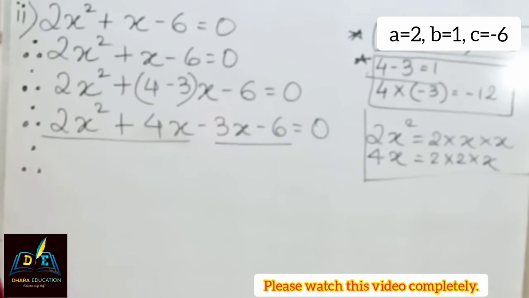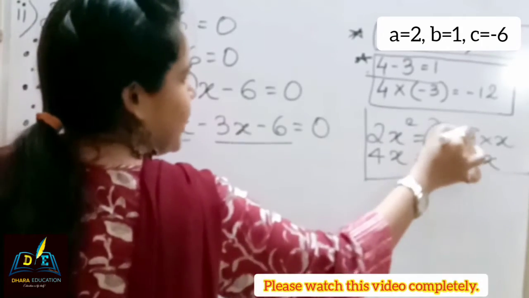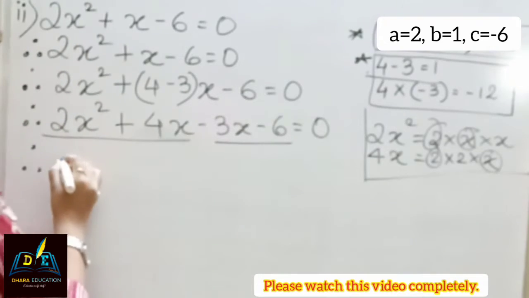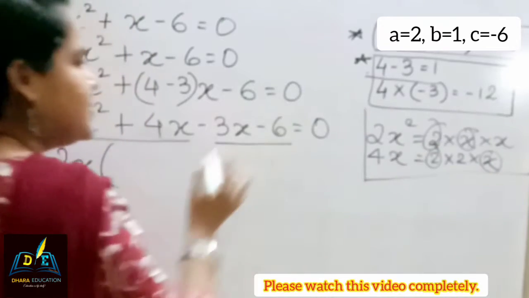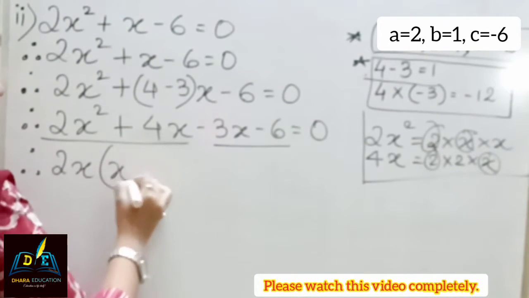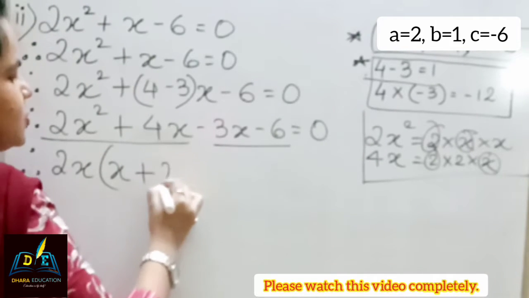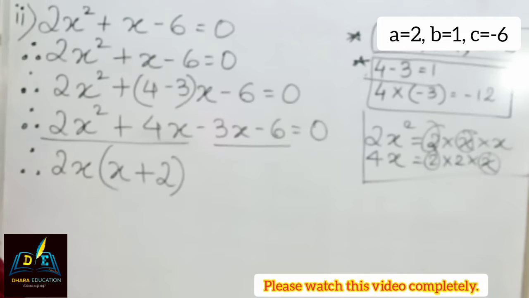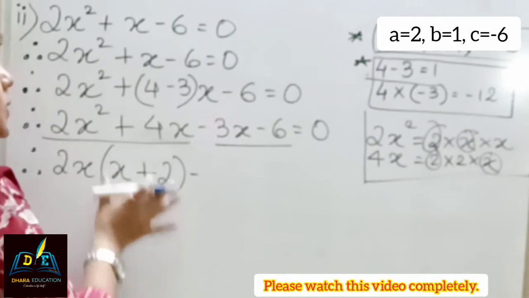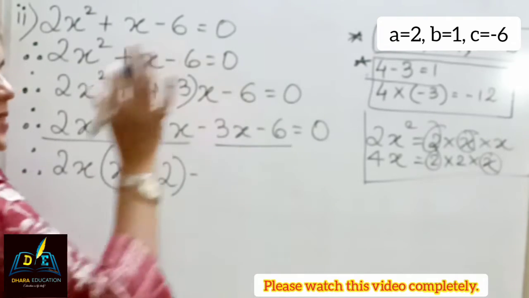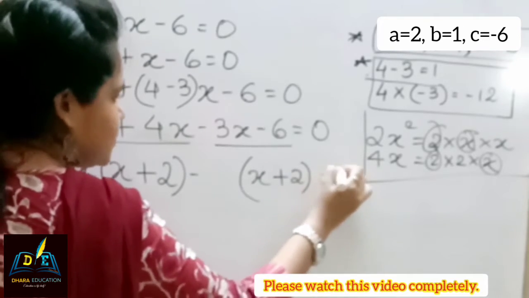So now we need to find the common thing among these two terms. What is common over here? 2x is common. See, 2 is common, x is common. So therefore, we will write here 2x. Open the bracket. What is remaining over here is x, that is x plus what is remaining over here is 2. Am I clear on this term? Now, minus as it is. This particular term will be copied as it is. x plus 2 is equals to 0.